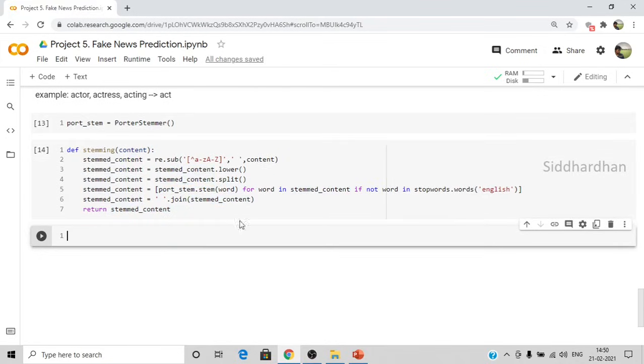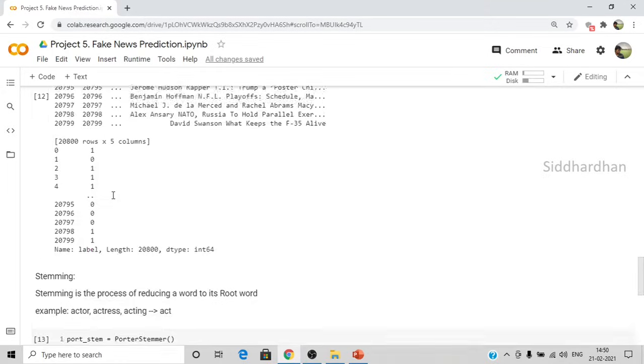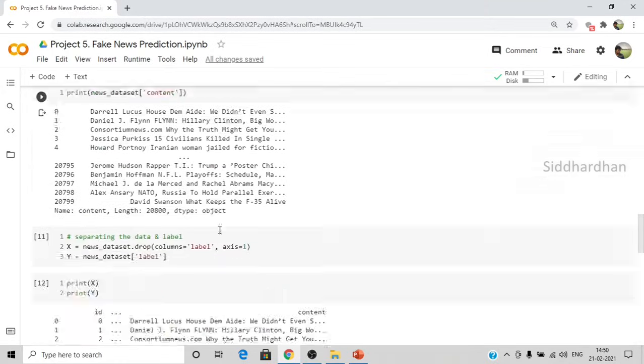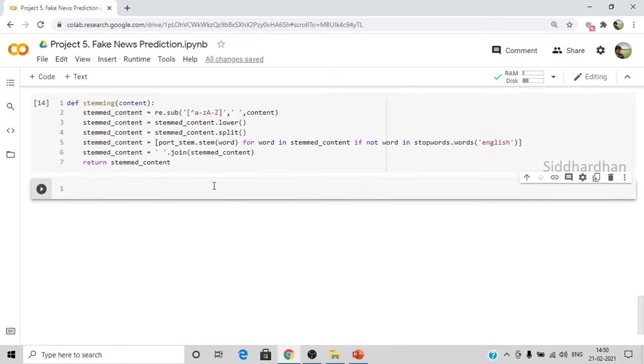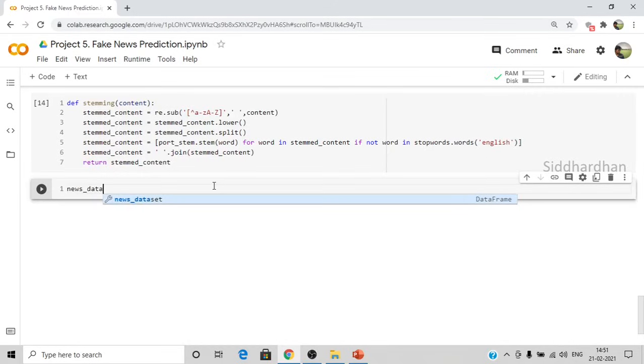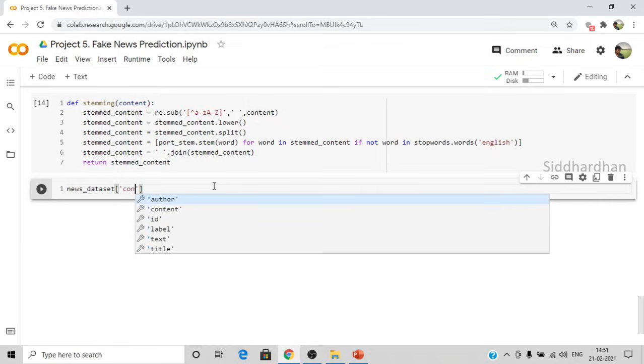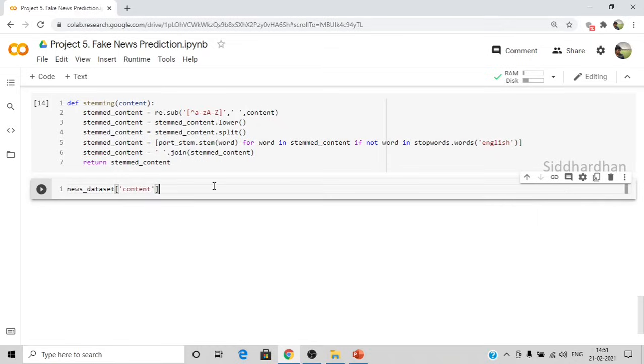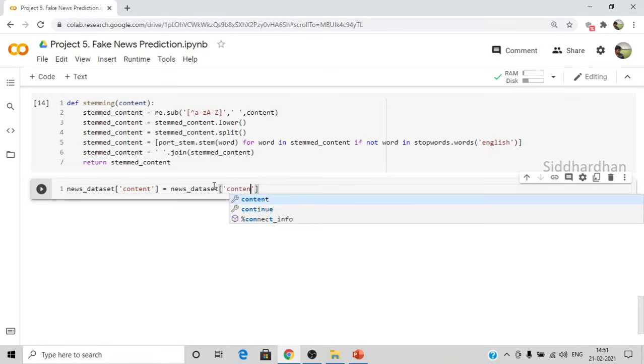Okay, now we have created this function. Now we need to apply this function to our content column, right? So let's do that. So use dataset content is equal to use dataset content dot apply